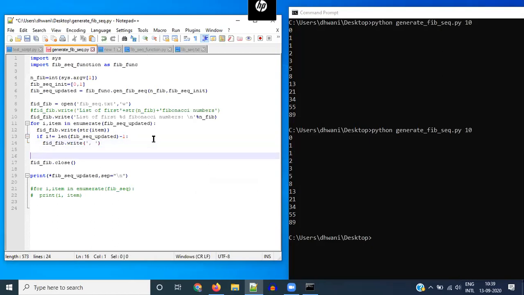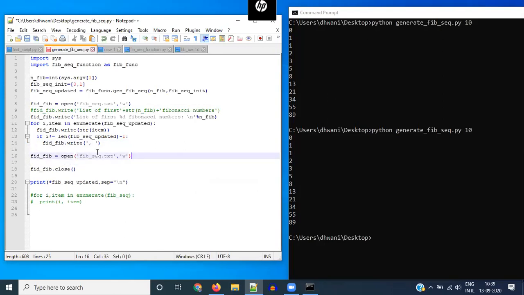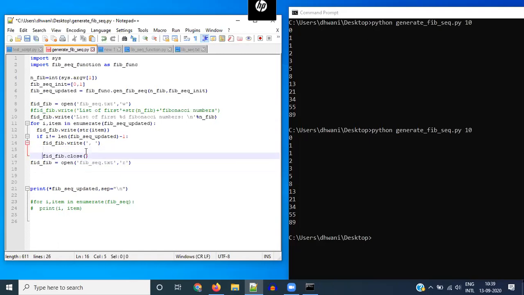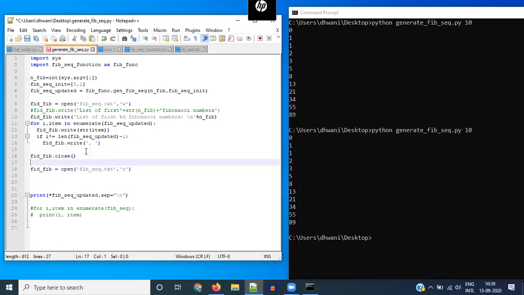Okay, let's quickly go to how to read data from a file. It's very similar. So you can just copy this line that we had for open and replace the w with an r. So w stands for writing to a file. r stands for the reading mode. So we open this file in a read mode. But we have to make sure that we have closed it before we open it again. Yes. So we have written to this file and closed it. So now we can safely open it again.